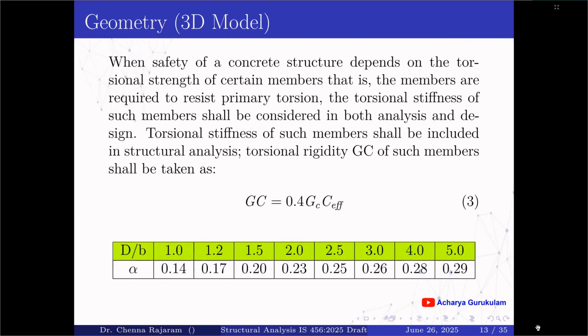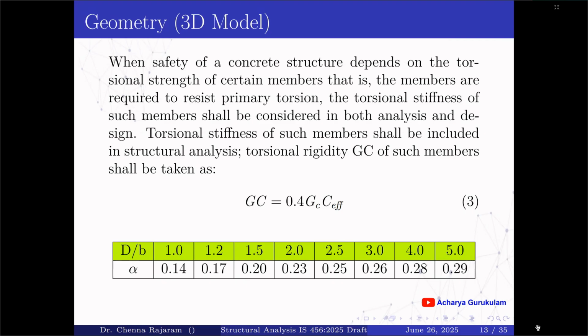When safety of a concrete structure depends upon the torsional strength of certain members, that is, the members are required to resist primary torsion, the torsional stiffness of such members shall be considered in both analysis and design. Torsional stiffness of such members shall be included in the analysis. Torsional rigidity GC of such members shall be taken as GC = 0.4 Gc Ceffective,